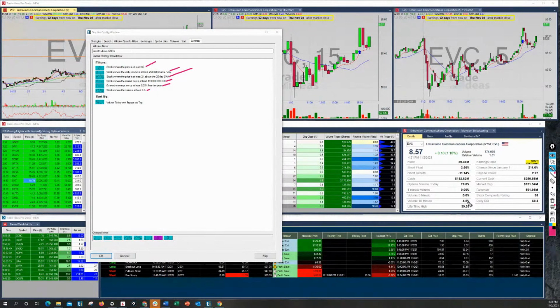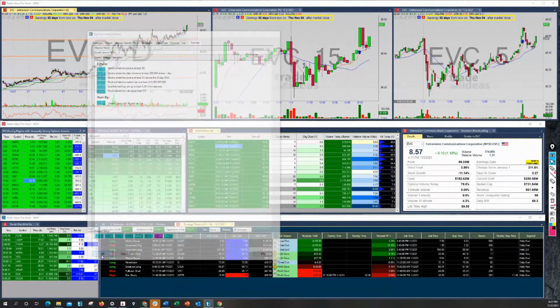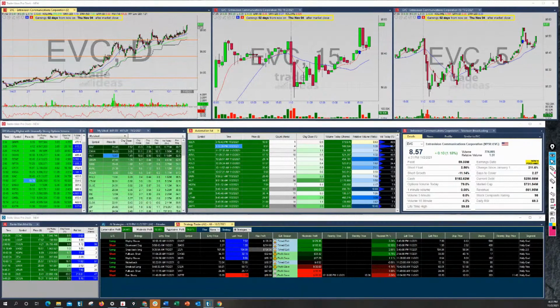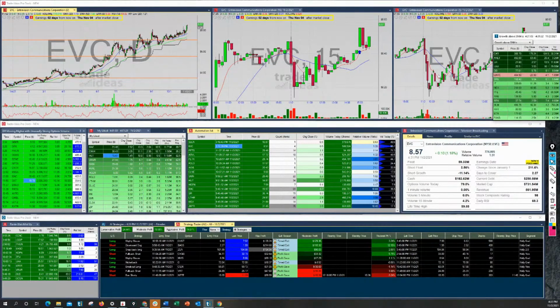Now we can click OK on this, and maybe it's going to return us nothing, and we have to go back and start to play with these values. Maybe we're going to get a bunch of names, but let's take a look. So we've named it. There's our window name. We're going to press OK. And here we go. That's what it's returned me.